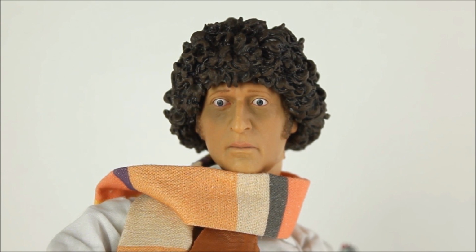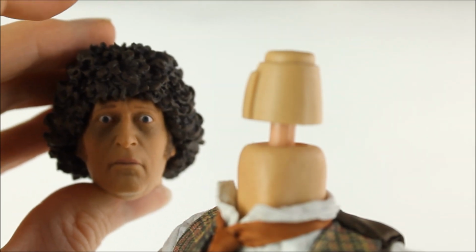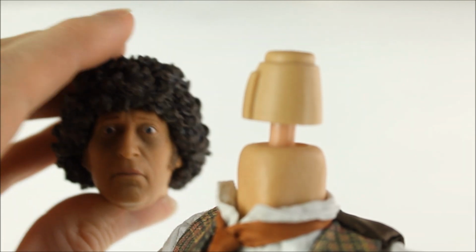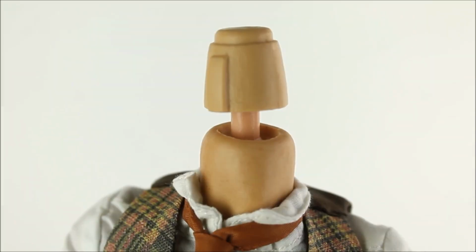I think the fact that it is too big actually helps with hiding the neck, so it doesn't look too long here, and it also hides that head and neck divide. If you do get this figure, I definitely recommend making sure that the head is actually in place correctly, because otherwise you have an even bigger divide between the neck and the head, which makes the figure look a little bit unusual. The structure of this figure is exactly the same as the vast majority of Big Chiefs really,